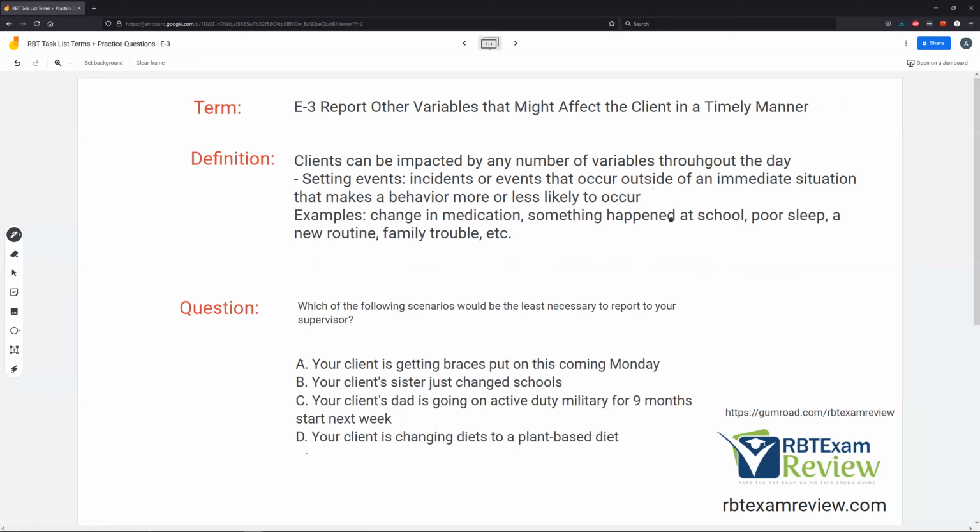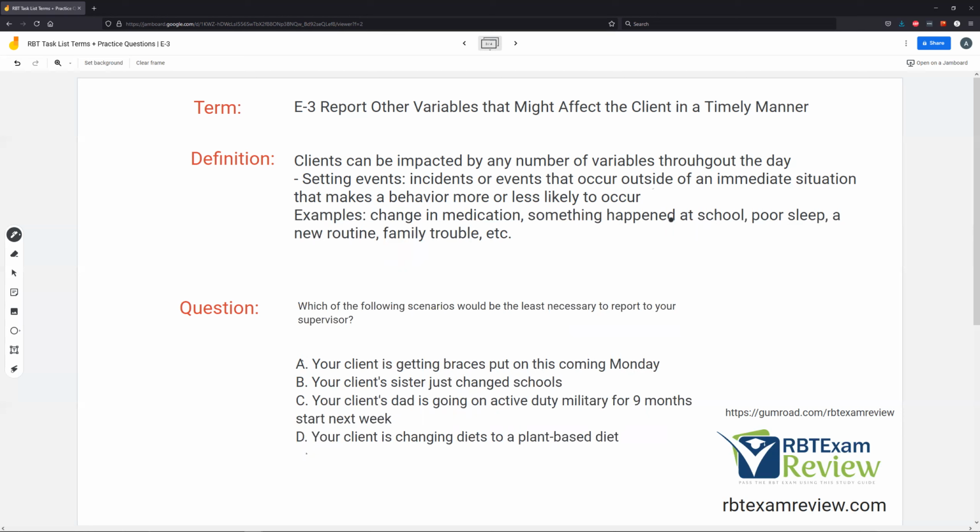Continuing, okay, report all the variables that might affect the client. Clients can be impacted by any number of variables throughout the day. Setting events: incidents or events that occur outside of an immediate situation that make a behavior more or less likely to occur. If you understand this concept, you understand what variables we're talking about, okay? More examples: change in medication, something that happened at school, poor sleep, a new routine, family trouble, etc.,